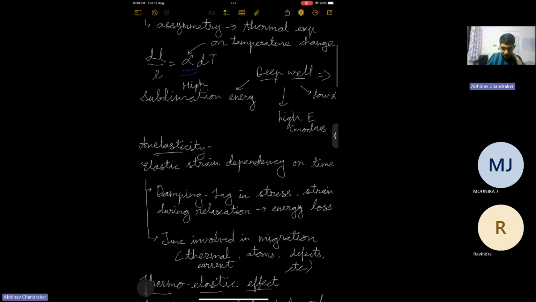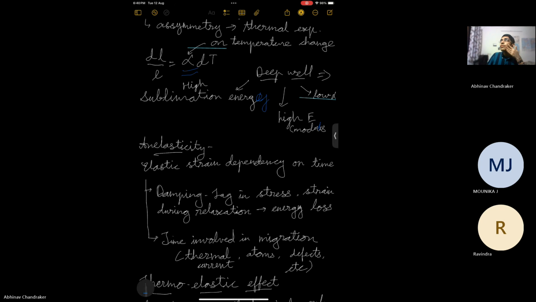The energy well can tell you a lot about many fundamental properties of the material. So a deep well will correspond to higher sublimation energy, since the bond energy is more. It will also tell you about the thermal expansion coefficient. The shape of the curve has an effect on the thermal expansion coefficient. The modulus will also be high if the well is deep, because